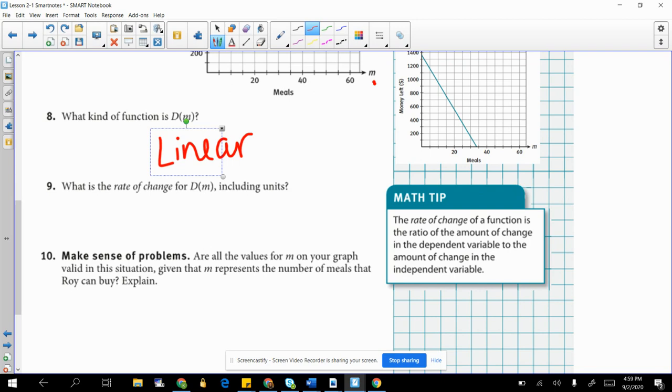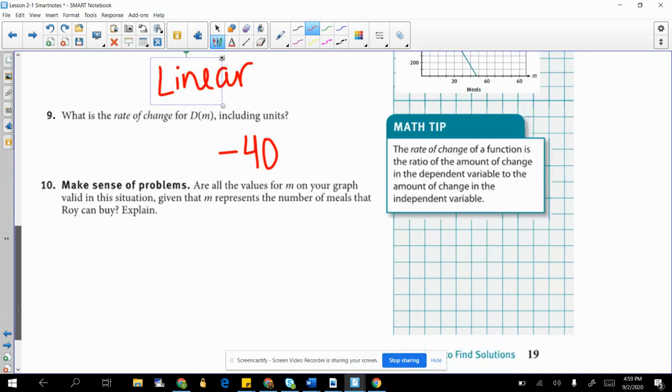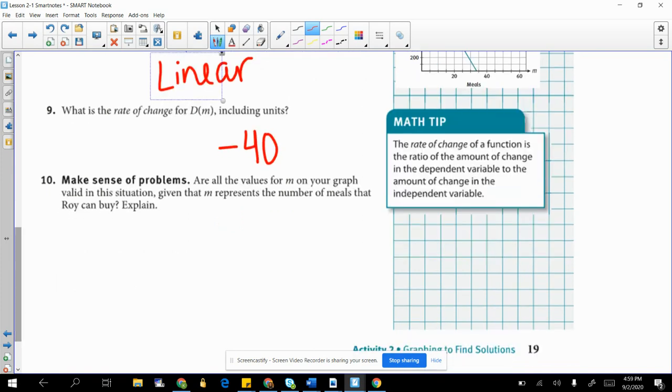So in this case, our slope was negative 40. Okay, and then last but not least, number 10 says, are all the values for m on your graph valid in this situation, given that m represents the number of meals that Roy can buy? Explain. So